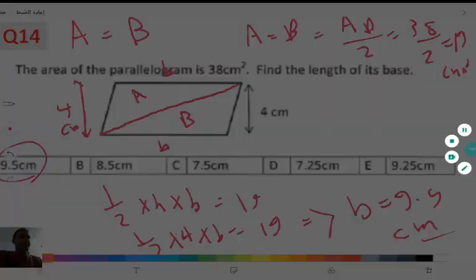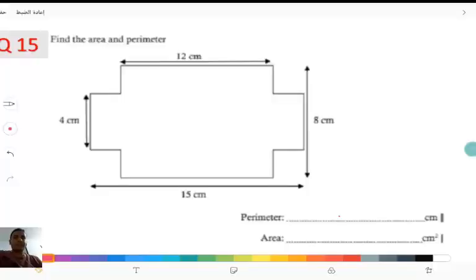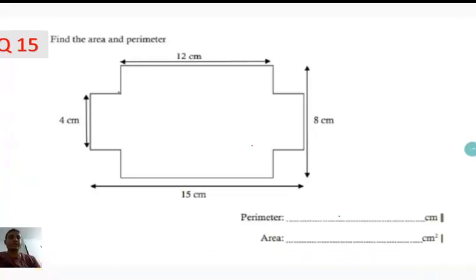8.5 centimeters. Find the area and the perimeter. He gave you this shape, which is an irregular, combined shape, and in these types of questions we should divide this shape into regular shapes. We can divide it into triangles or rectangles or squares as much as we can. So let's do that. Let's divide this shape